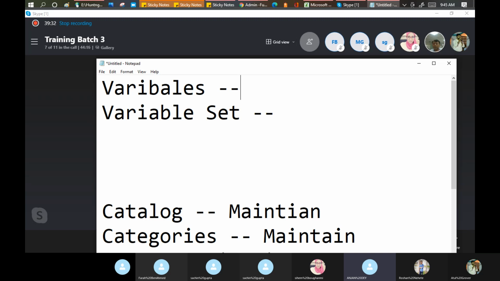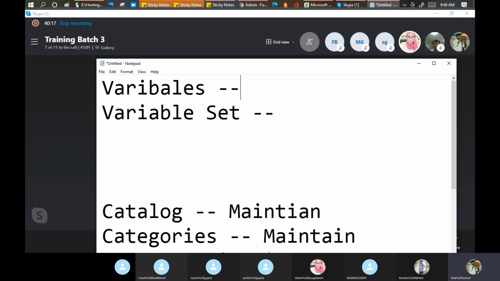But when you want multiple variables in a form, at that time you require the variable set, as I understand. Okay. Sachin, multiple items can be reused. Okay, multiple items reuse. Okay, Shim, what do you think? Maybe the variable set is a group of more than one item. Okay.